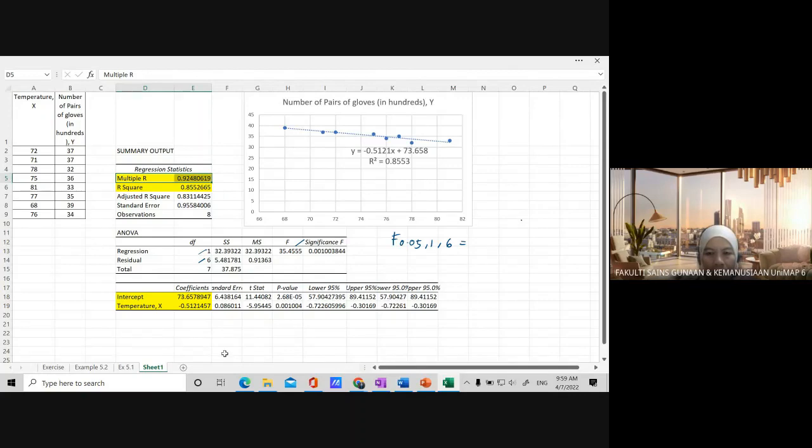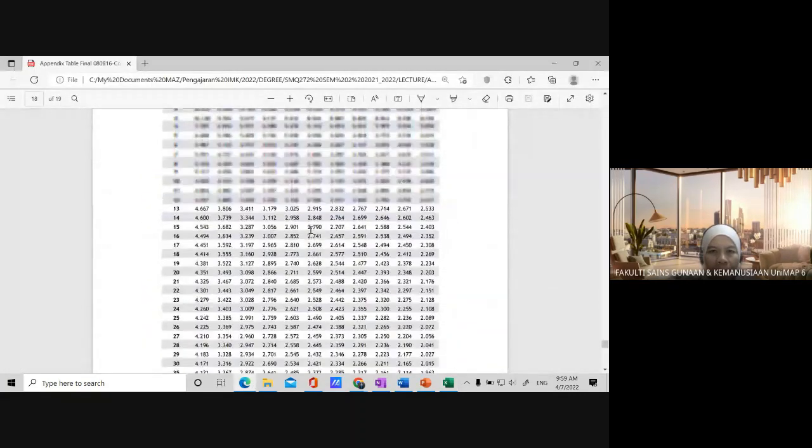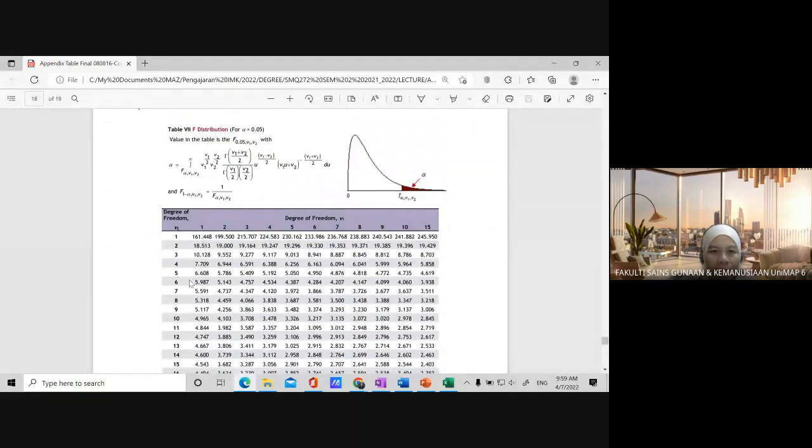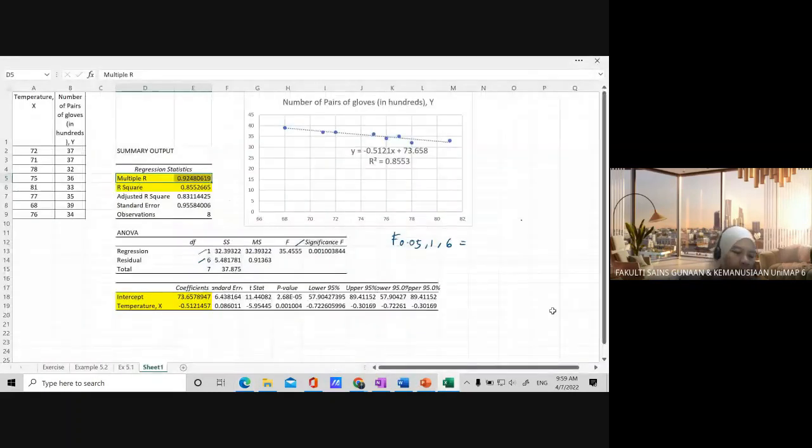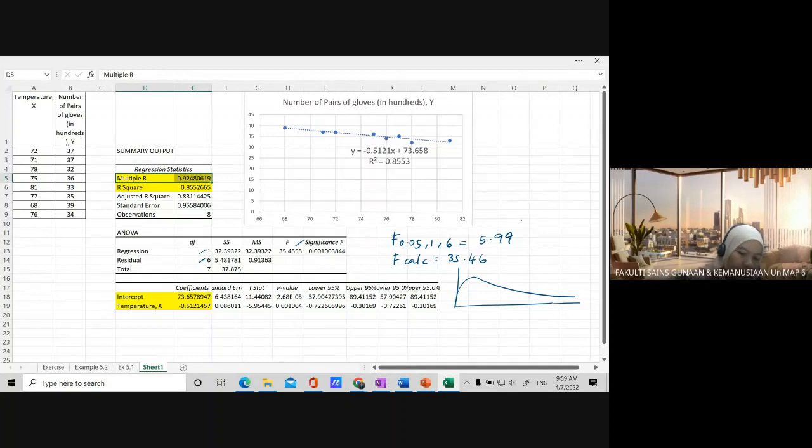Look at your F table, F 0.05 with 1 and 6. So we have 5.987 or 5.99. Your F calculated is 35.46. If we were to make a decision, 5.99, your F alpha is somewhere over here. Your F calculated, 35, is somewhere over here. So obviously here we reject